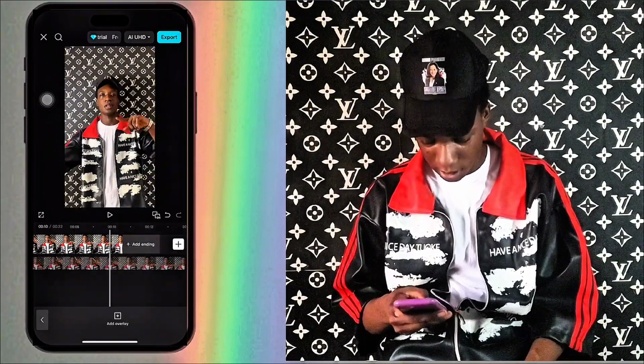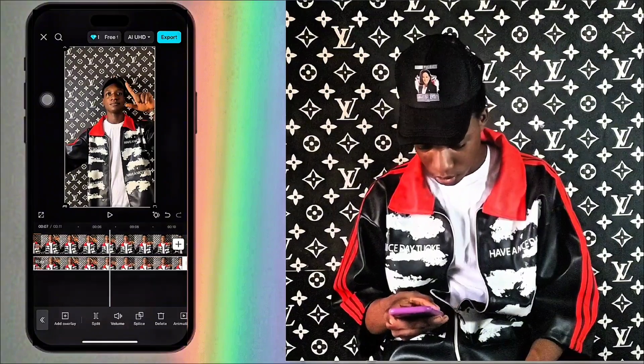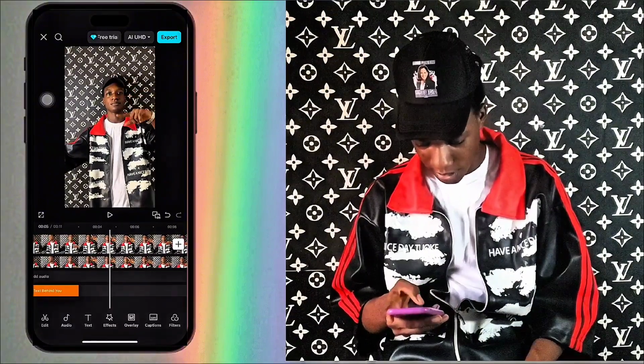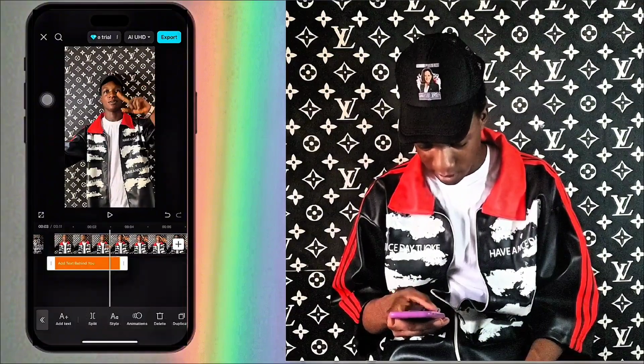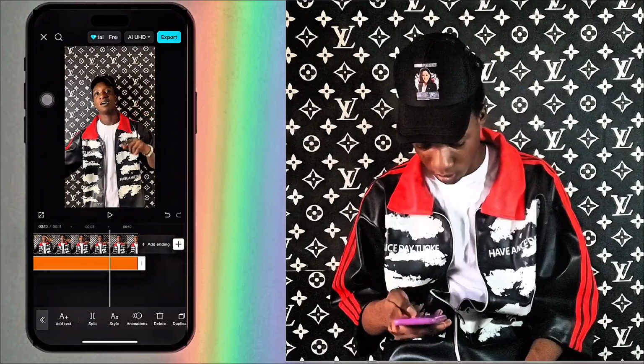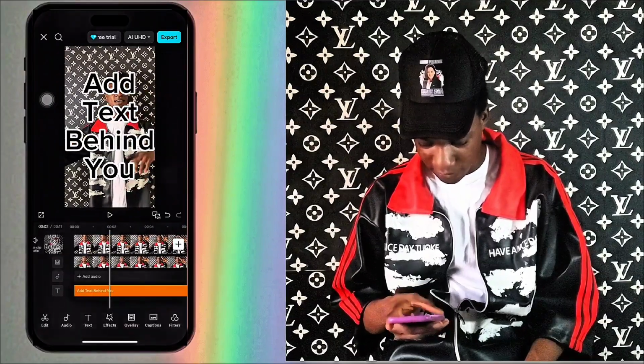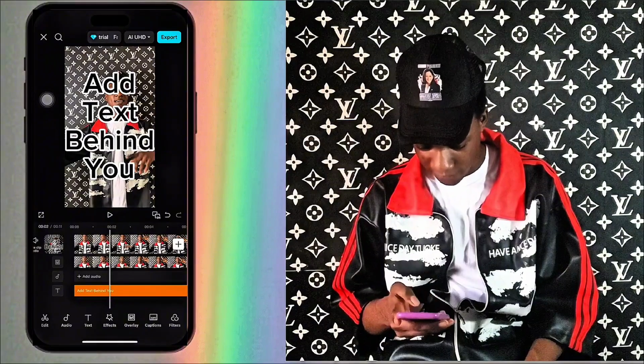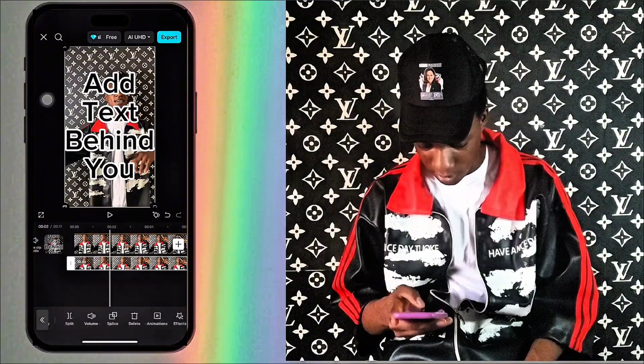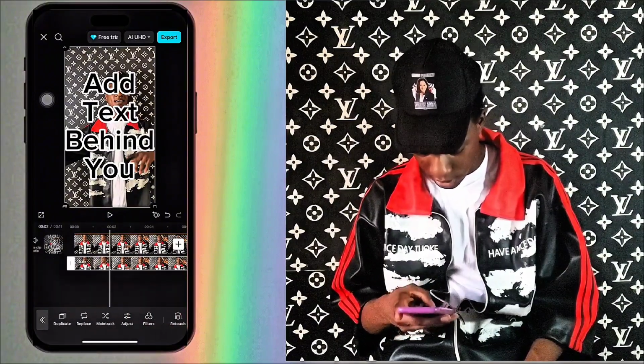You drag it, then into the text tab, so the text is here at the front. To do that, this duplicated version, you tap on this, you slide to